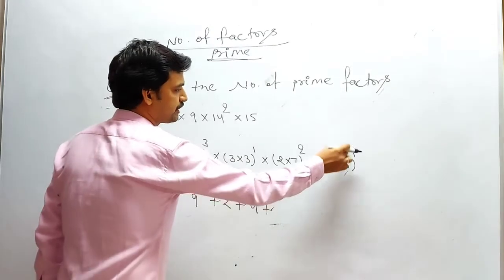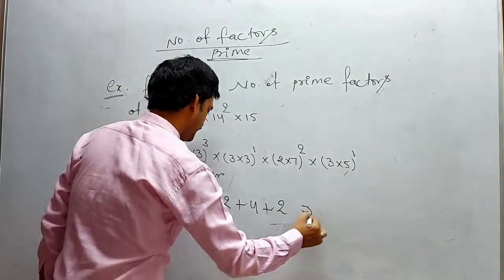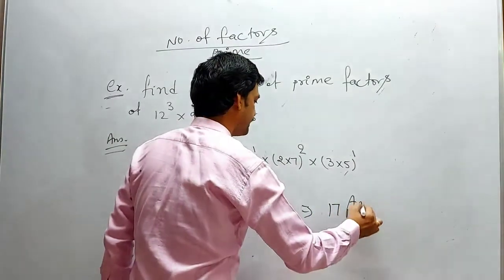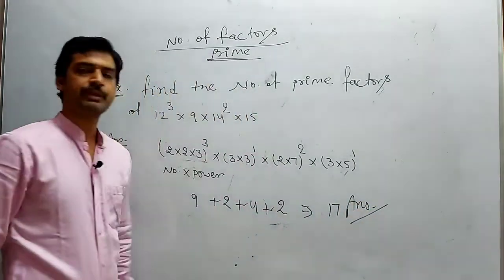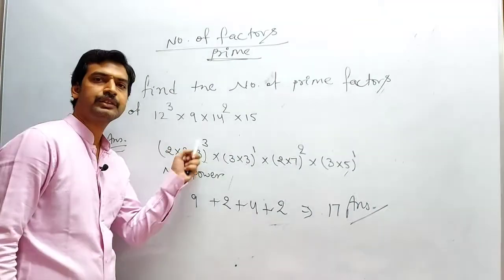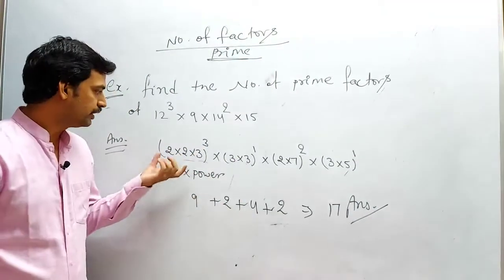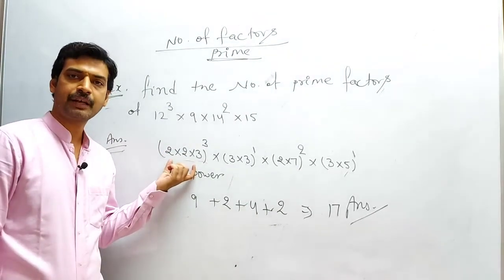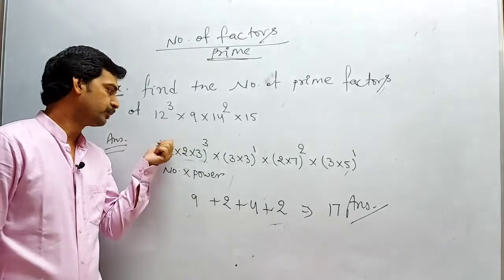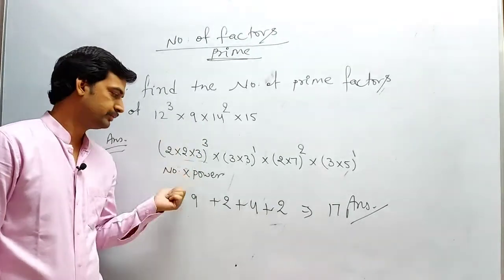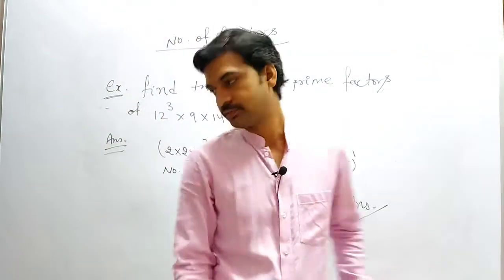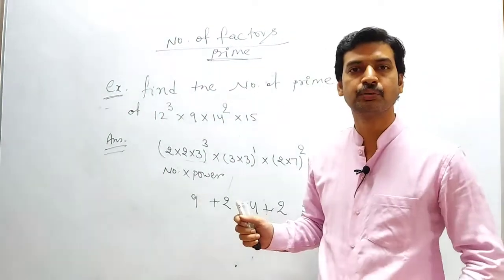Plus 2 numbers, power is 1. That means 2. The answer becomes what? 11 plus 6, 17. So how many prime factors are there? 17 prime factors. You need not write that 3, 2 is to 3, and all that. Just do what? How many prime numbers are in the bracket, multiplied with the power. It will give you the power of all 3. About 3, 3, 3, total power is what? 9. Right? But you cannot use this approach directly for what?